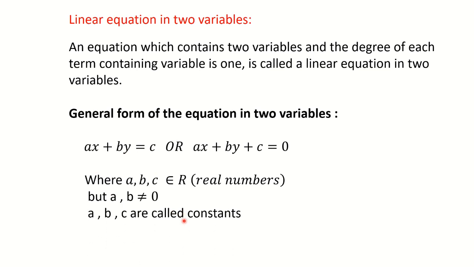The next thing to remember here is a, b, c. They are numbers, so they are called what? Constants. They are also called coefficients. Opposite to that, x and y are called variables, because we can assign different values to them. We cannot change the values of a, b, c, but for x, y, it is possible for us to change the values. That is why they are called variables. Their values can vary.